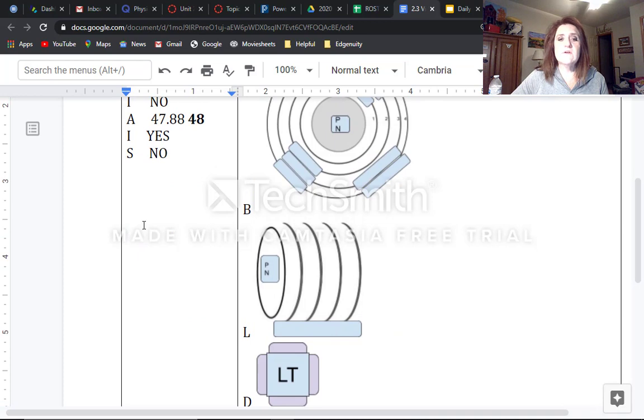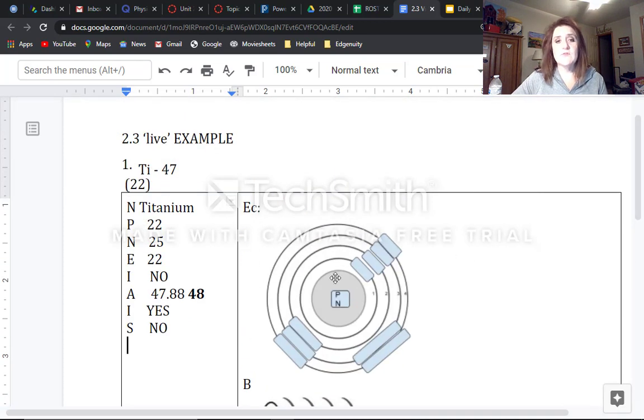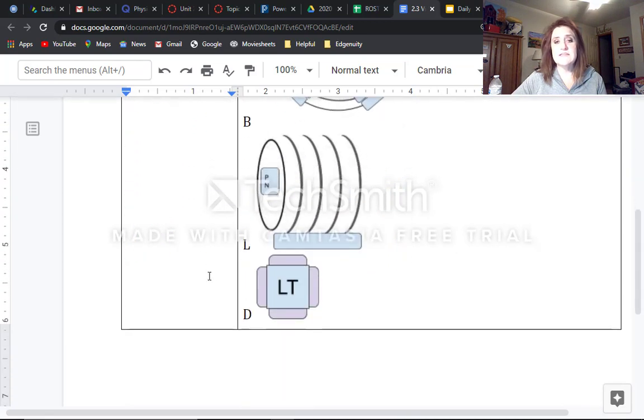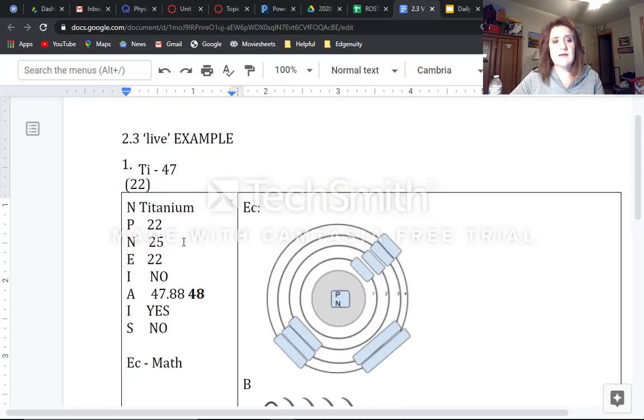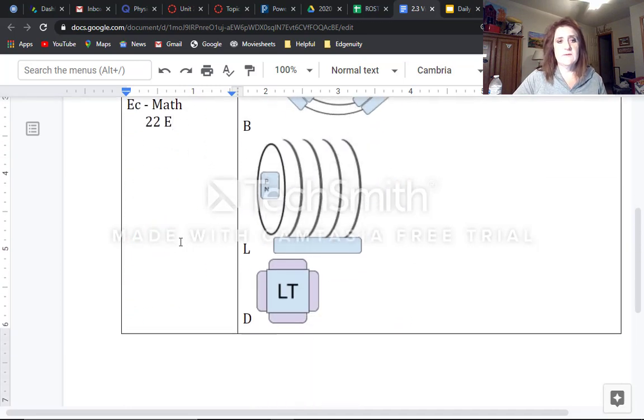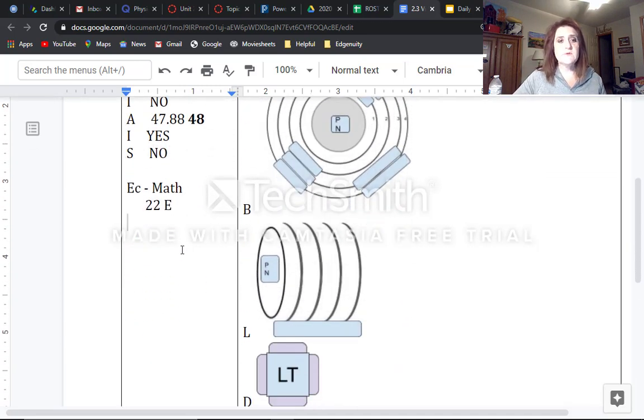Now, we're going to have to do level 3 today. Level 3 is ECBLD, right? So we need to do the electron configuration math. And when we do the electron configuration math, we are starting with those 22 electrons. From those 22 electrons, they go to 1s and 2 can sit down, and now I have 20. They go to 2s and 2 can sit down. Now I have 18. They go to 2p and 6 can sit down. Now I have